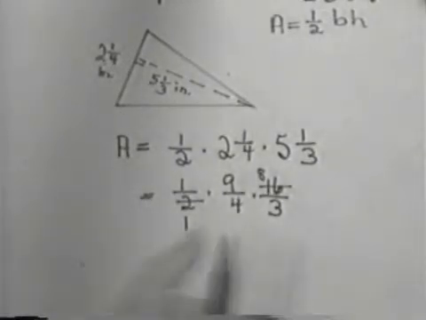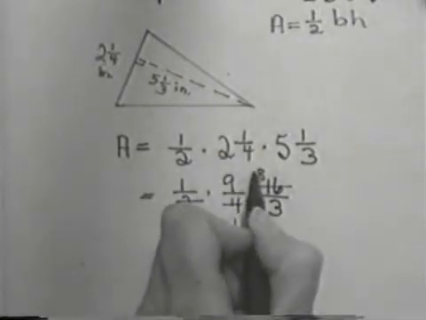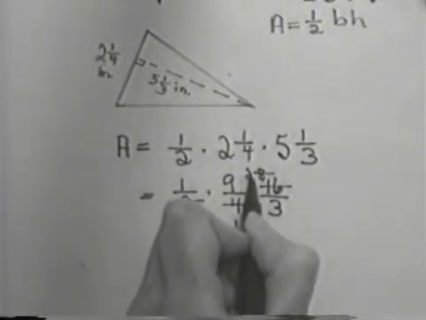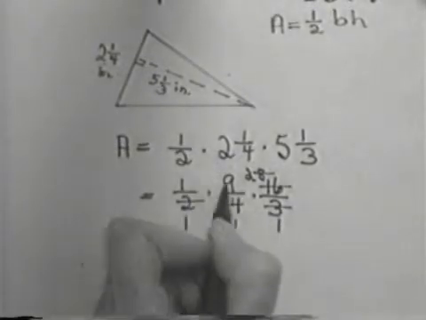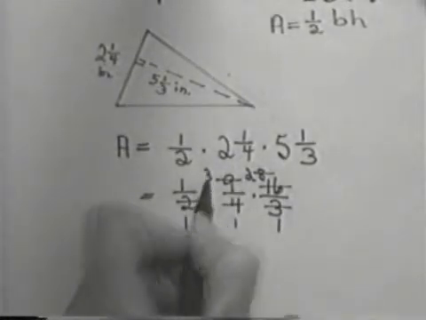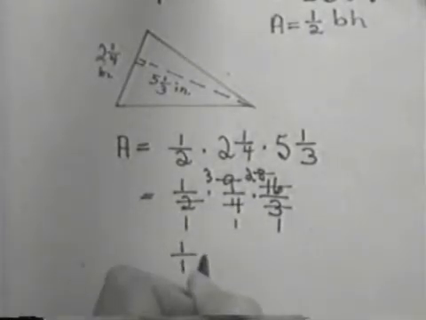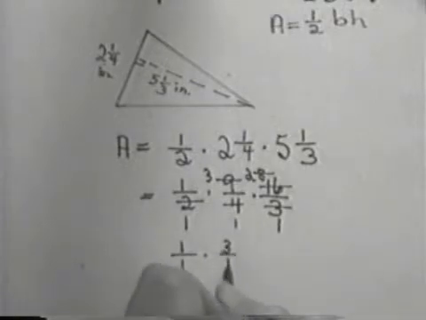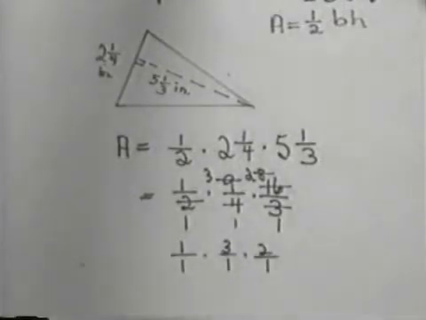Then I could reduce again with the 4 and the 8. 4 goes into 4 one time. 4 goes into 8 2 times. And then 3 goes into 3 one time. 3 goes into 9 3 times. So I actually have left 1 over 1 times 3 over 1 times 2 over 1. And when I multiply all that out, I end up with 6